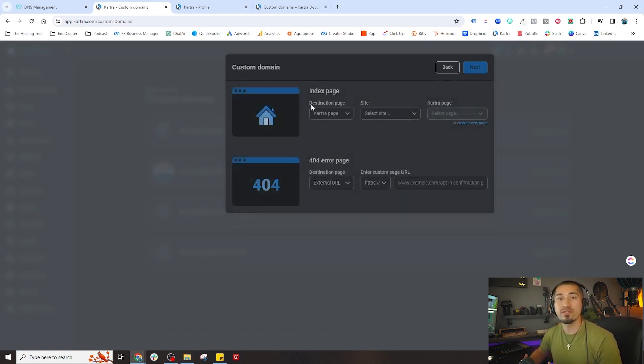All right, so now it brings us to this window right here. Here it's important to understand again where it is that we are pointing this domain to. We know that we're not going to point it to an external URL. We've already established that this is going to go to a Kartra hosted page, right? Again, using our scenario for this tutorial, we will select the Kartra page,